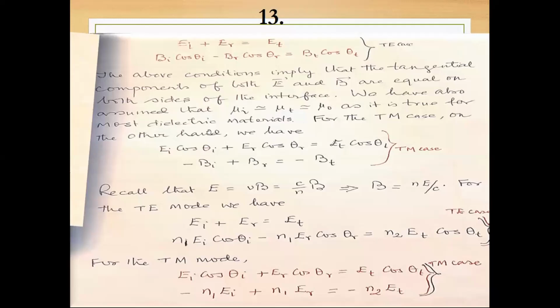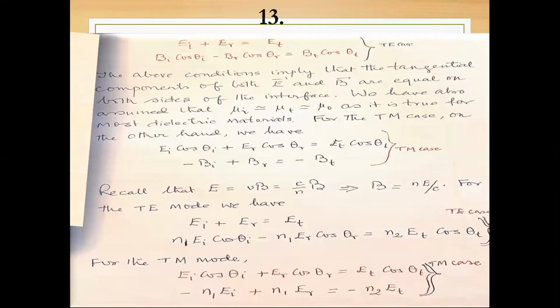And for the TM case, on the other hand, we have EI cos theta I plus ER cos theta R equal ET cos theta T, and minus BI plus BR equal minus BT. And we recall that E equals B times the propagation speed in a medium, which is C by N. Students have seen it. So B is NE by C. So for T mode, I can write down EI plus ER equal ET and